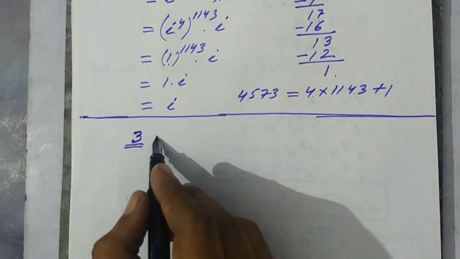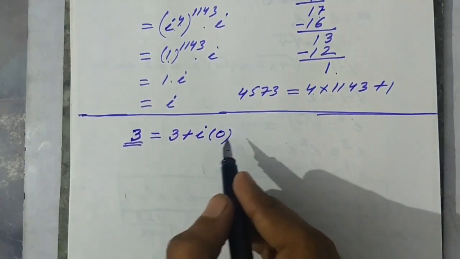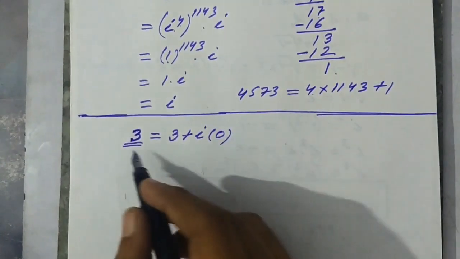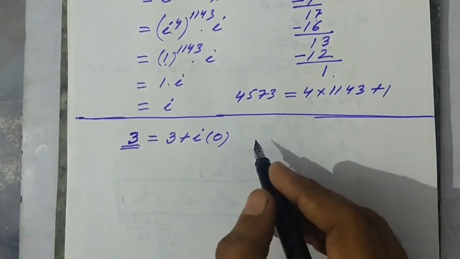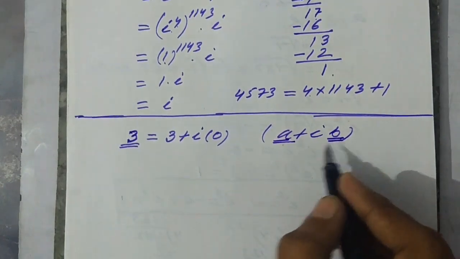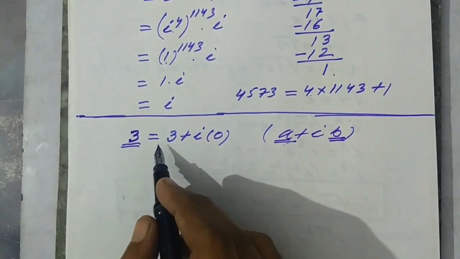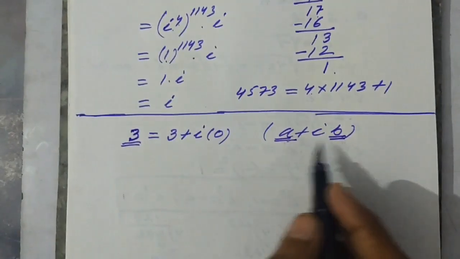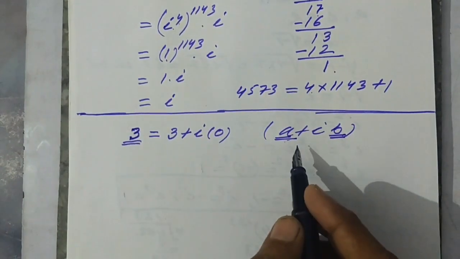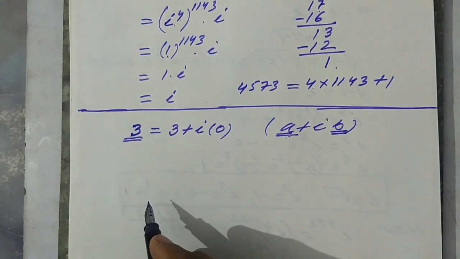So we say yes, it is a complex number because 3 may be written as 3 plus iota into 0. So ultimately iota into 0 is 0, and you will get 3 plus 0, and 3 plus 0 is equal to 3. So 3 may be written as 3 plus iota 0, which is the form a plus iota b, as we have discussed that a and b are real numbers, and you see 3 and 0 both are real numbers. So we say that 3 is a complex number because it may be written in the form a plus iota b. So every real number, every natural number, every whole number, every integer is a complex number,